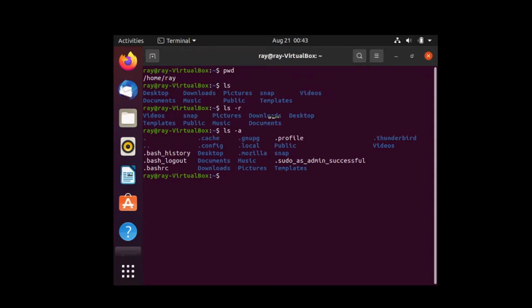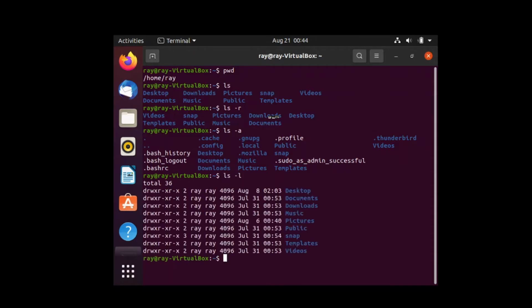If you want to create a hidden file, just add a dot before the name of the file or the directory, and you'd be able to create a hidden file or directory. Now by using the -a attribute for the list command, we are able to view the hidden files as well. Now what if I wanted to view the list in the form of a long list? For that we can use the -l,